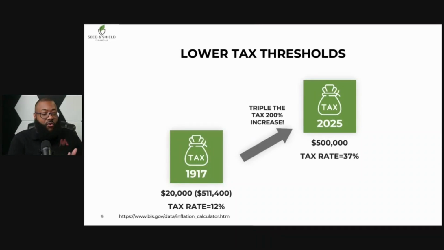Okay. So you can't go dollar for dollar. You've got to look at it as inflation-adjusted income. So again, 20,000 is pennies these days, but 20,000 was over $500,000 in 1917. And that person had the privilege of having a tax rate of 12%, whereas today it's 3 times as much. That's huge.